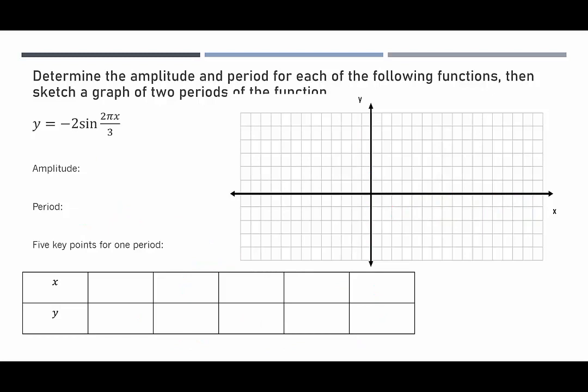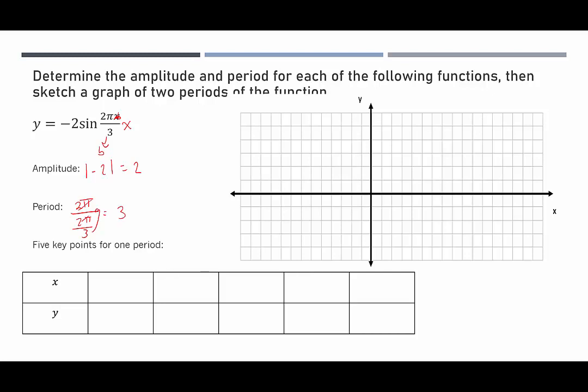In our last example here, we got some fractions. The amplitude is going to be the absolute value of -2, which is 2. The period: we're going to take x out of this and put it over here, and this is going to be our b value. It will be 2 pi divided by 2 pi over 3. This would end up being, actually these cancel and 3 moves up to the top,